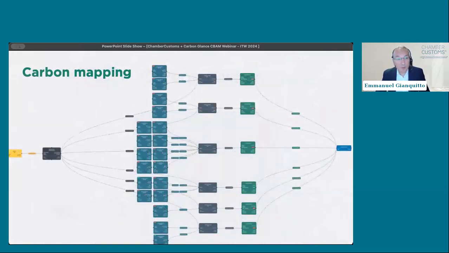So we showed you a couple of easy ones, and this is more like what we see on a daily basis in terms of the complexity of precursors, different production processes, and different resulting products. I just thought we'd put it out there because it can get quite complex depending on how many products and how many production processes you have.